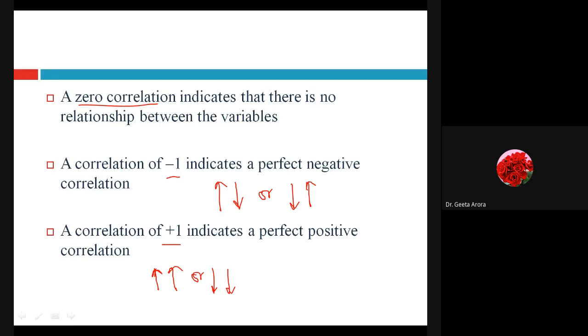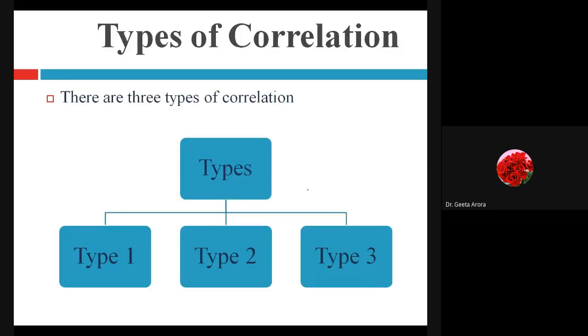Or if you are giving more and more hours to the practice of a particular subject, then your marks obviously come out good. As your number of hours of study increases, your marks keep getting better and better. But yes, there is a limit, but yes, the things are related. Correct? So we are going to see how things are related, either positively or negatively. Now, if we talk about the types of correlation, we can categorize it into three types.